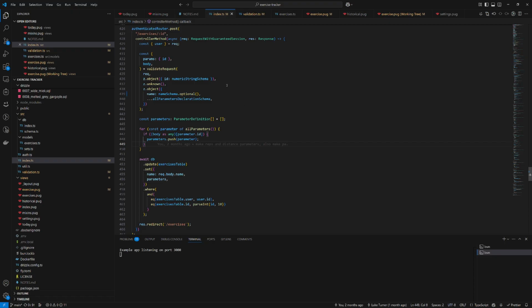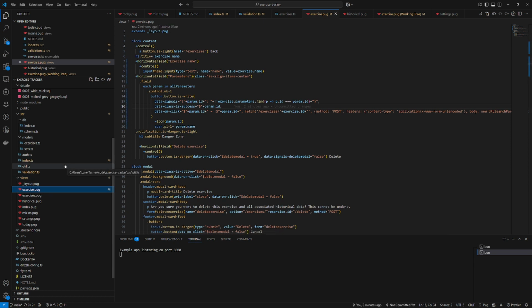So the problem here, though, is we're only sending them one parameter at a time from the client, but this code is assuming that we're going to be sending the current state of all of the parameters that are selected. So what we need to do is actually change this, basically. And there's some ways that we could change it, but I feel like I might actually just kind of adjust the behavior